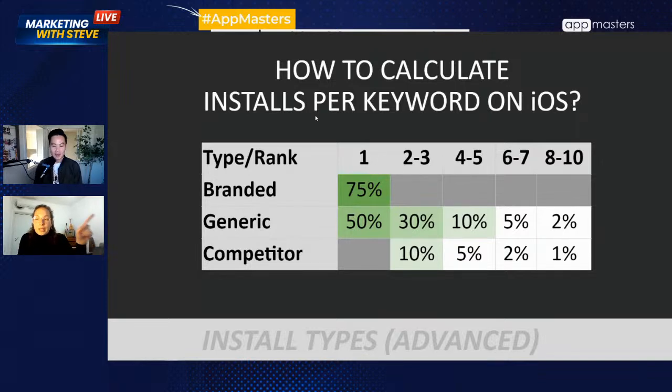Yeah. And then what you can do with this is you can take it even further because installs are linear. Okay, so one install to one plus one is two, right? But volume is not. Volume is exponential. So I can estimate much more accurately the impact of a keyword across its different permutations, right? So I can see how many installs the keyword video gives me across video editor, editing video, video edit, right? Because I can add all of these installs that I get from the keyword,